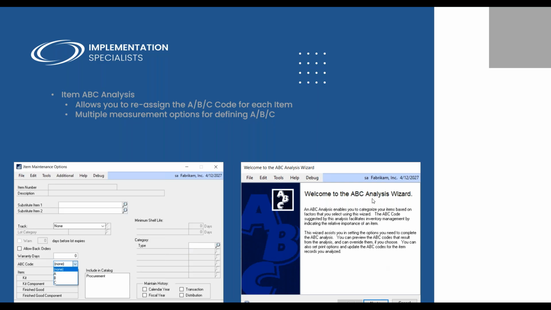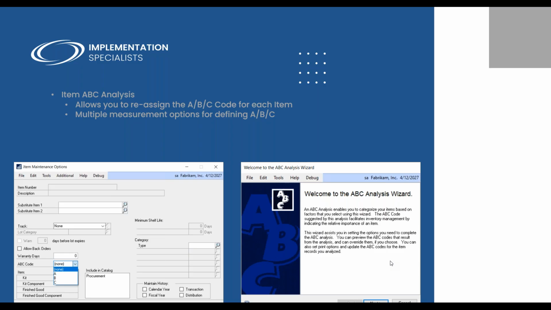When you're going through that ABC analysis wizard in the system, there are several options, entirely too many options for us to try covering all of them today. But if you've never been in there before, I would encourage you to get in your test company, if you've got one in GP, and just go through this ABC analysis wizard to see the different options that you have on how you can have GP analyze your items and then update all of them based off the criteria you tell it to use to say, this is how I define an A item or a B item or a